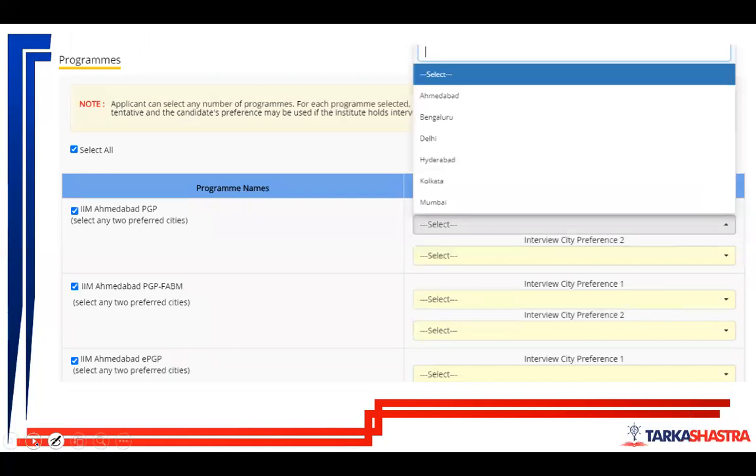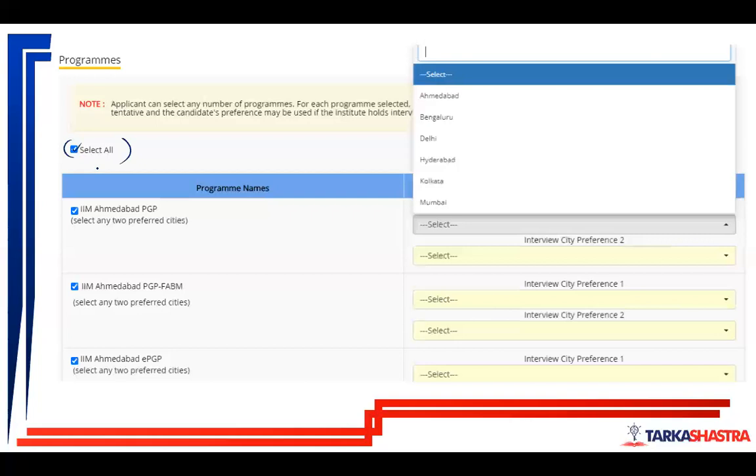Next are the programs. Select all the programs and click on this and all the programs will be selected. Don't think whether I want to go in this program or not, just select all. This should not happen that you have not applied for a certain particular program. Suppose you don't want to do MBA from a certain college, we will think about that later.